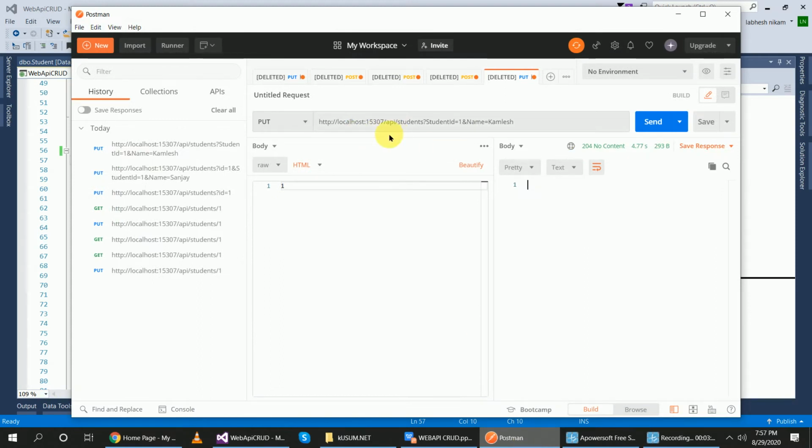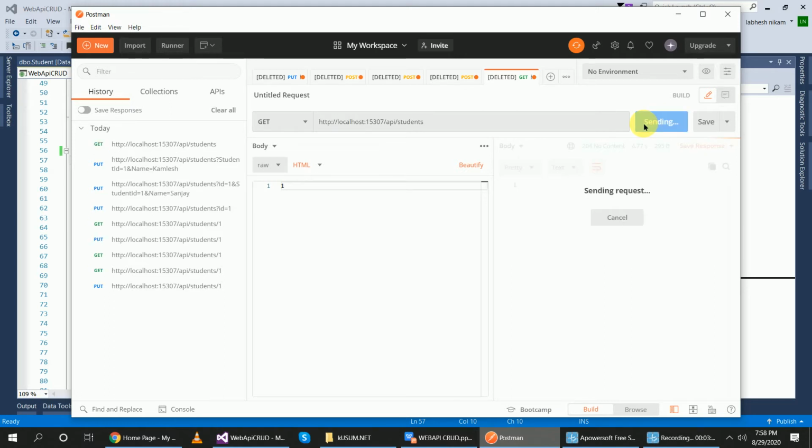This is my URI, and name of the controller is student, and let's do this. Just first check if you got data from the server or not.